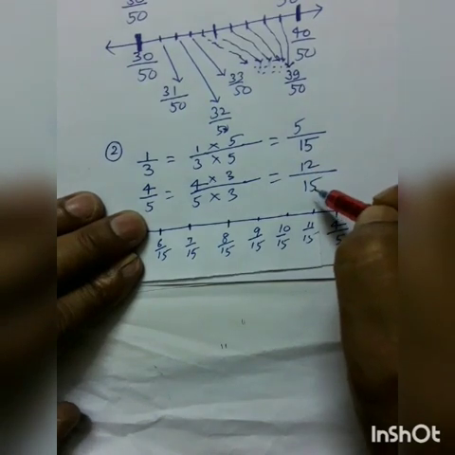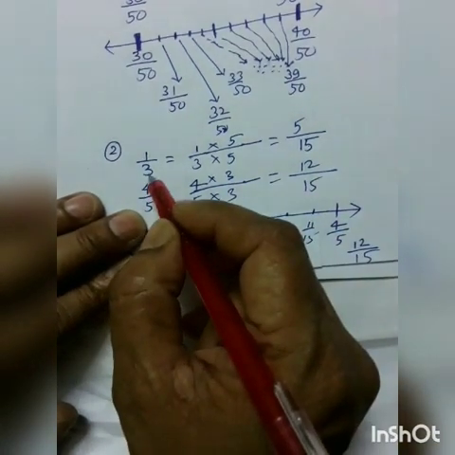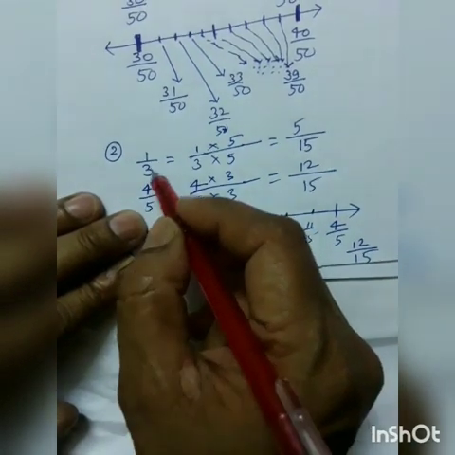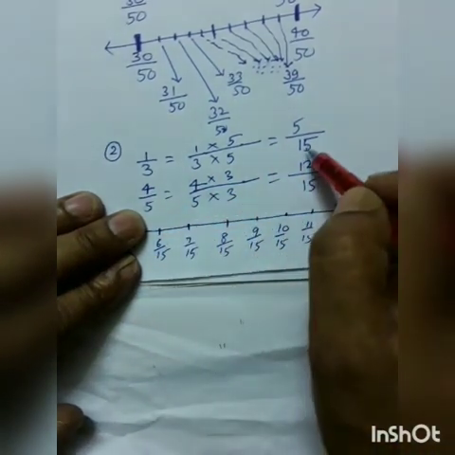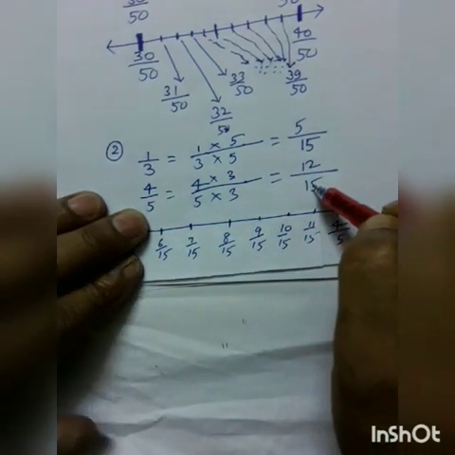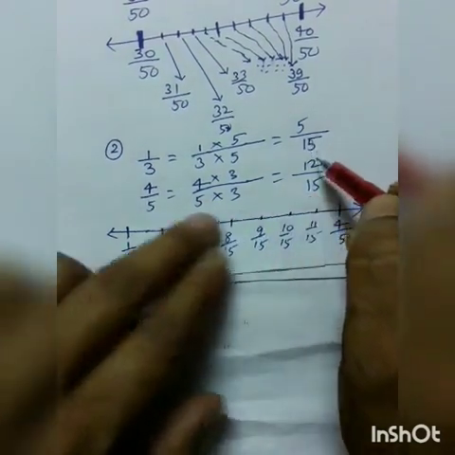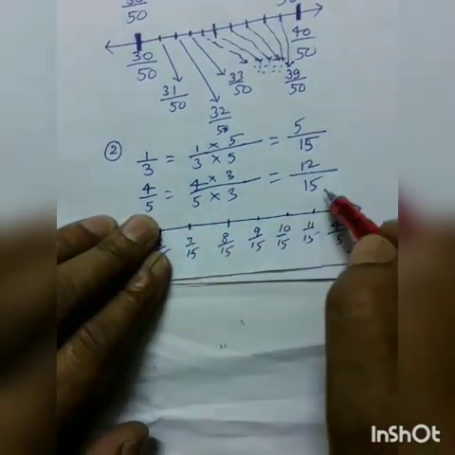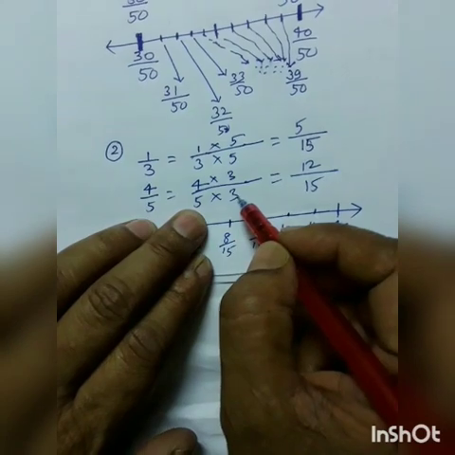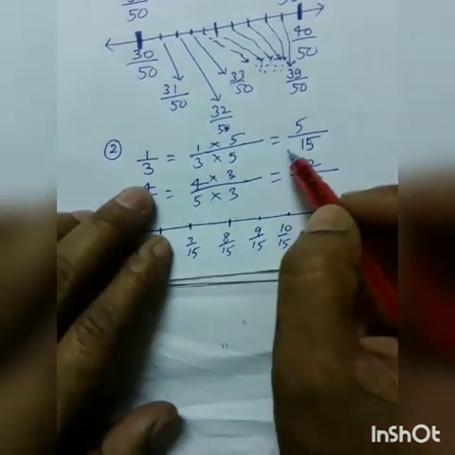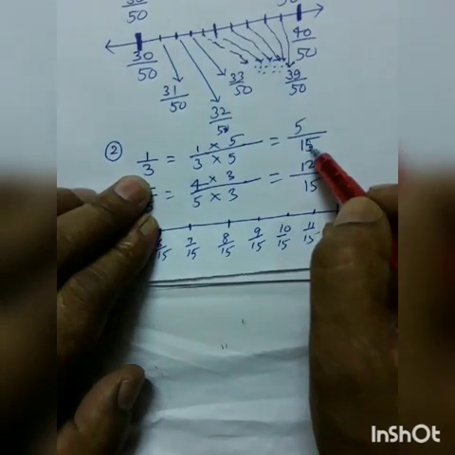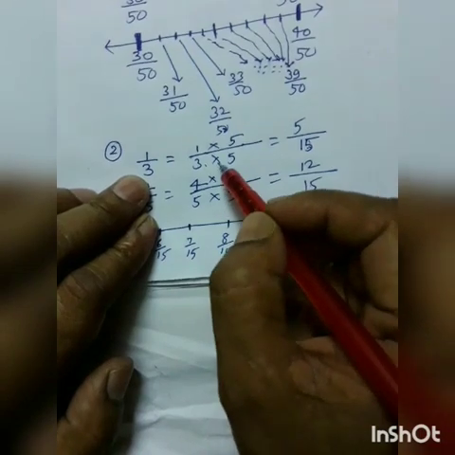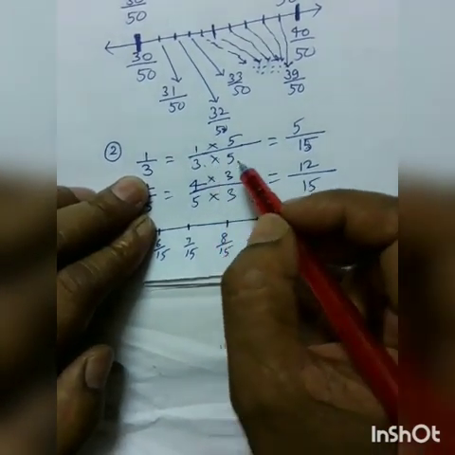How has it been written here? Because 15 is the LCM of these 3 and 5, denominators of these two rational numbers. So 3 and 5 LCM is 15. You write just 15, 15 as it is here. After that you think here is 5 and you have written here 15. So how can we get 15? So you write here 5 into 3, because 5 times 3 is 15. And here you have to think 3 is here and we have written 15. So how can it become? 3 into 5. And always you have to multiply with some numbers and it will come to your mind what you should write here.